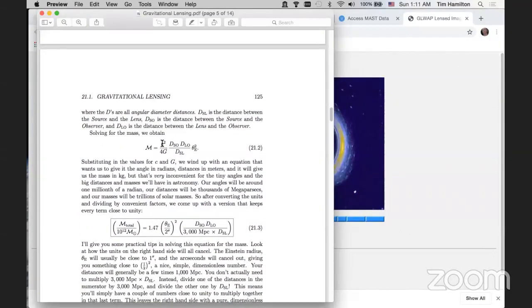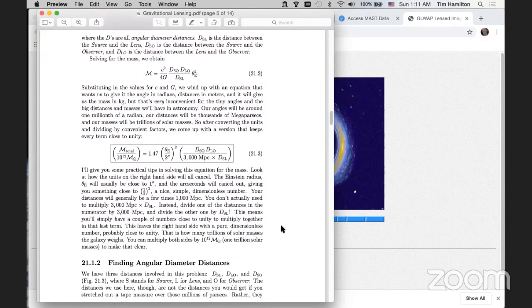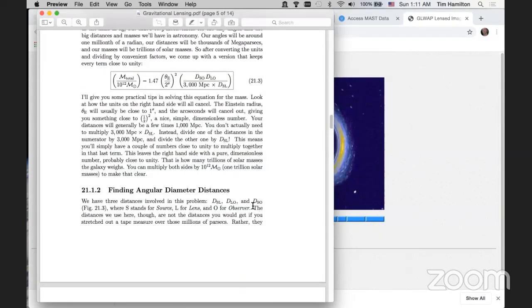So I'll scroll here to the mass, where I've simply solved that equation for the mass. So how do we get the distance from the source to the lens? Well, you might think, if we know the distance from the lens to us and from the source to us, then we just subtract one from the other and we have the distance from the source to the lens. However, this is cosmology and it's never quite that simple. So we are going to be using